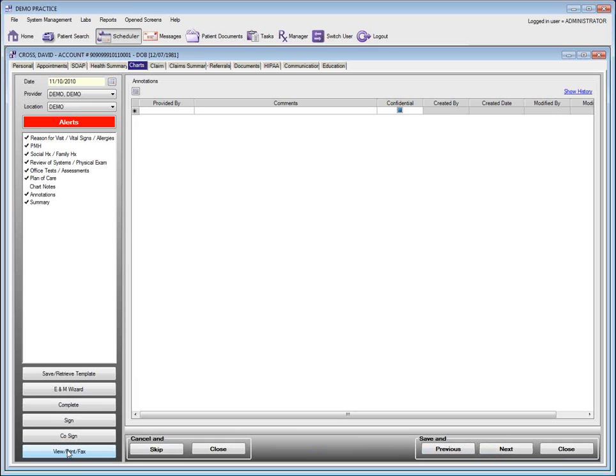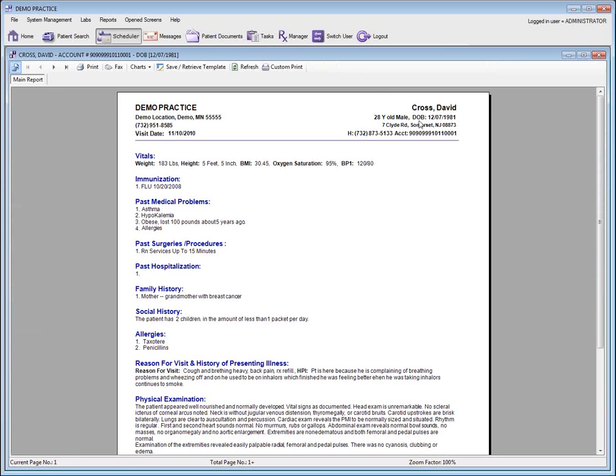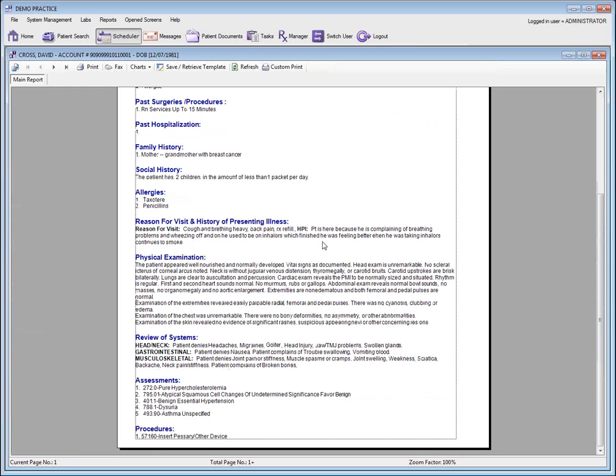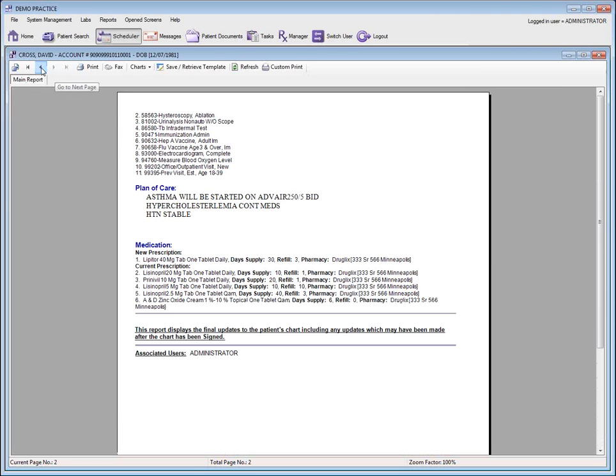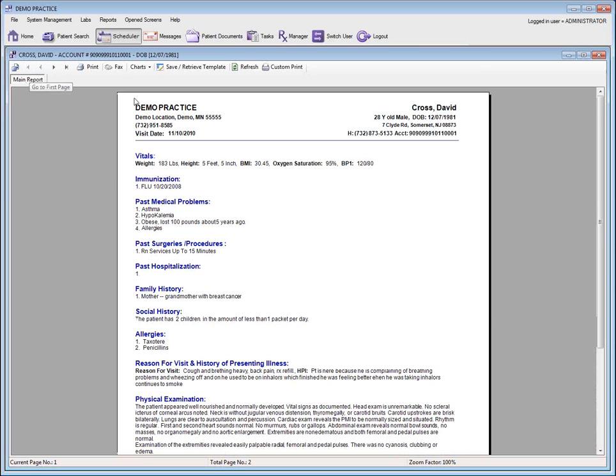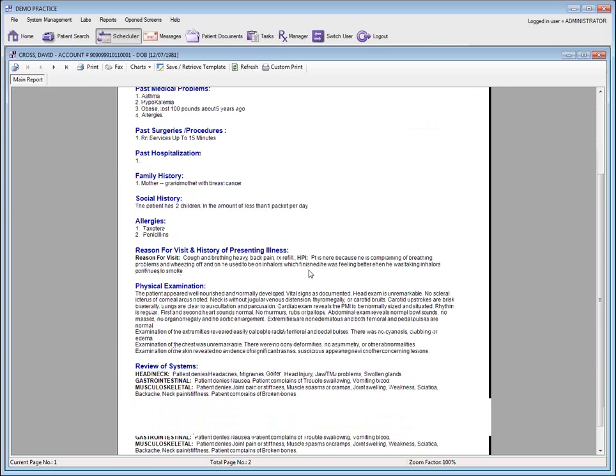And of course, if we wanted to see our note in its full view, we can always do that from our final note view section. And here, we can also enter documentation right from here. And in fact, that's something that a lot of our providers do. Rather than go through step-by-step through each of the sections, they can use this final note view as the place